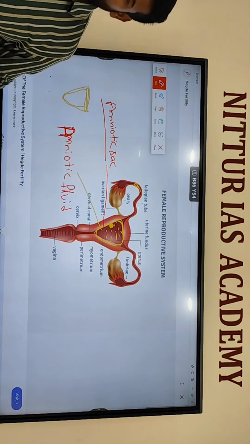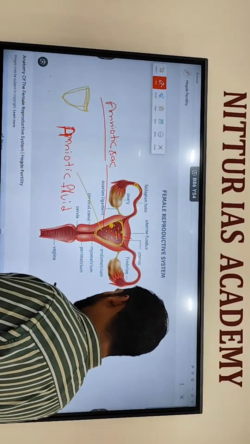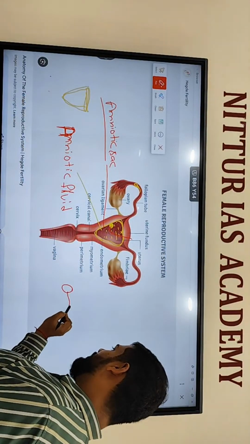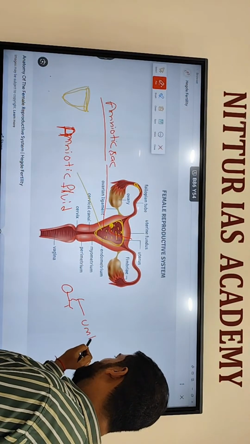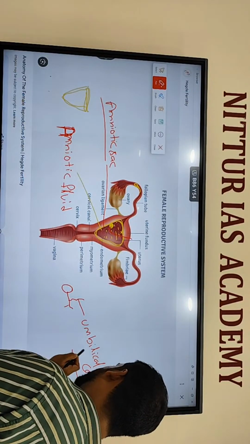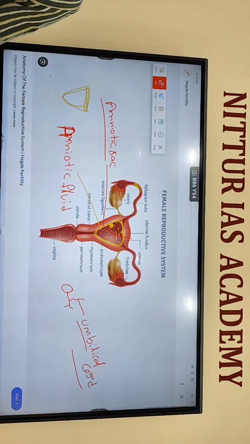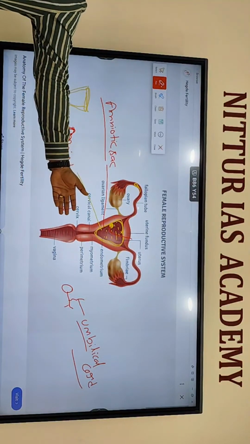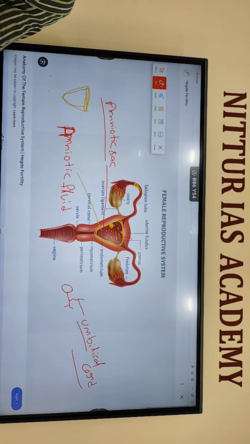The child grows by getting all the nutrients from the mother with the help of the umbilical cord. The child gets all the nutrients, and all the waste produced by the child's cells is also moved out with the help of the umbilical cord. During delivery, the umbilical cord is cut.